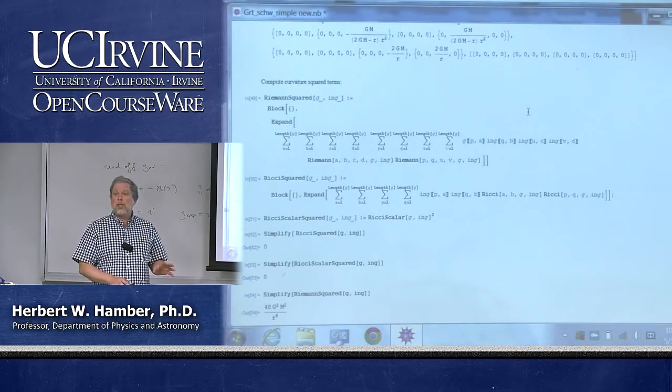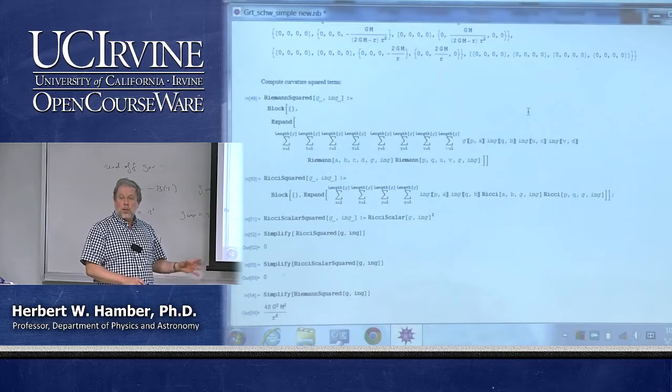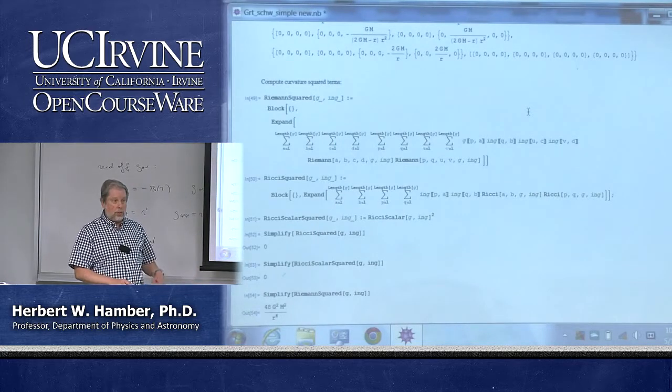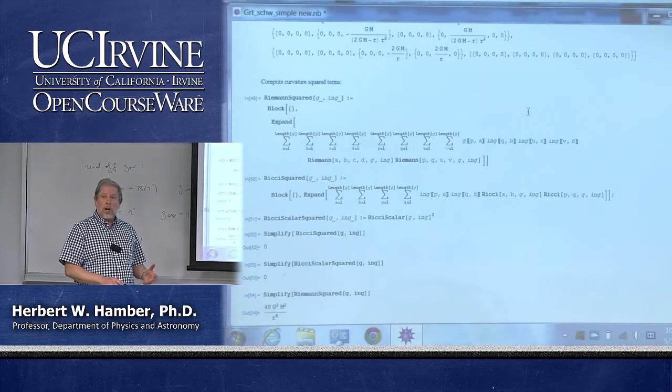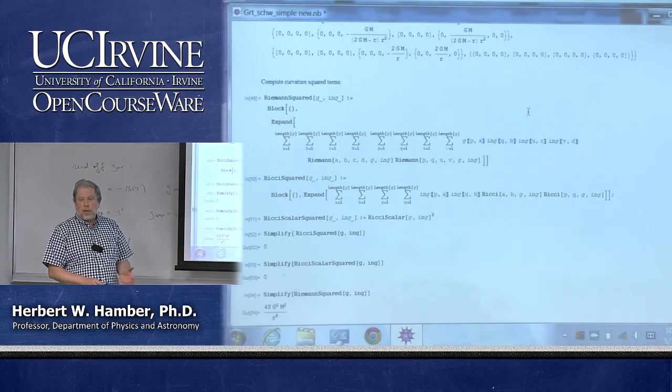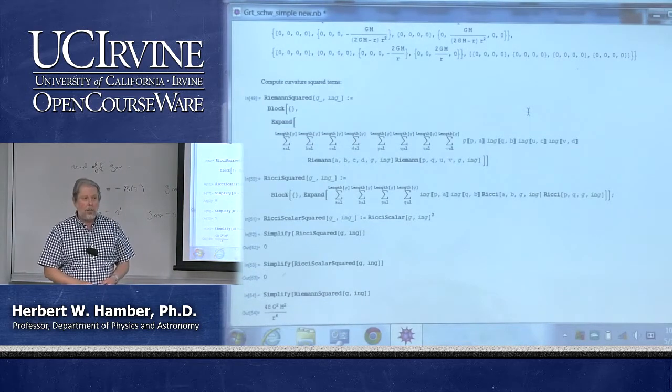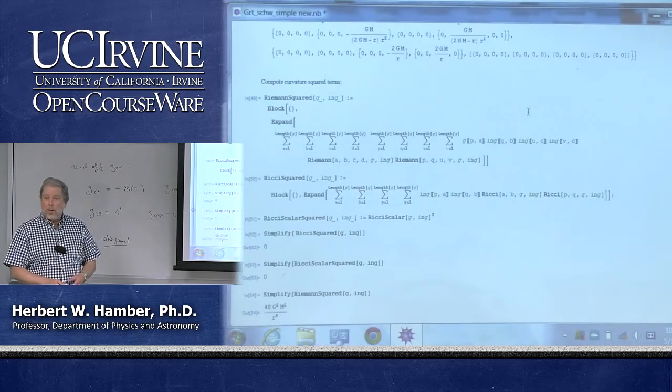It can be an immense amount of work. Only in the very simplest cases you can get a solution quickly, right? So computer algebra has become an essential ingredient in classical general relativity,